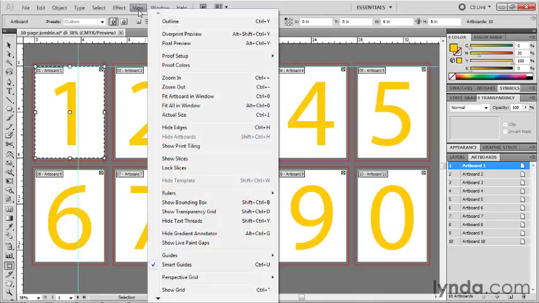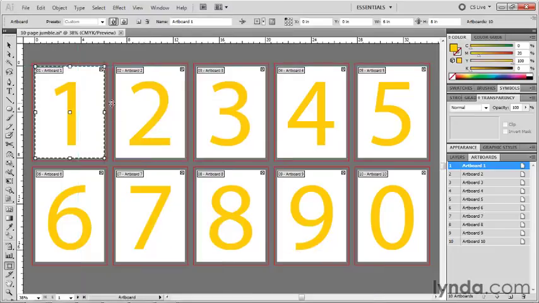Wonderful. Now I'm going to go up to the View menu and choose the Guides command way down here, and then I'm going to choose Clear Guides to get rid of those guidelines that I created. All right, so here's the other bit of wonderful news where the rulers are concerned. And so far, I would say everything I've showed you is kind of, yeah, that's interesting. This is great news. I'm going to go ahead and switch over to the selection tool